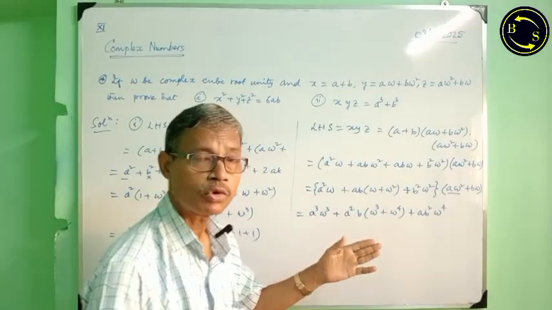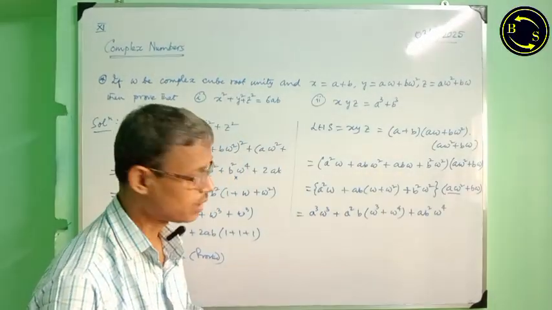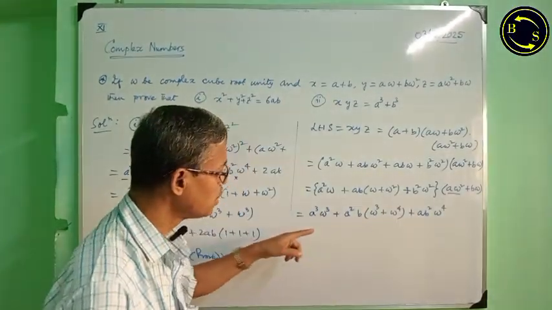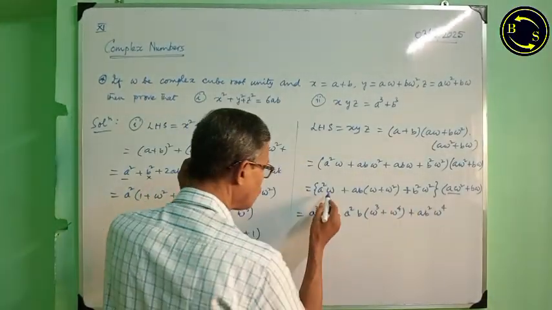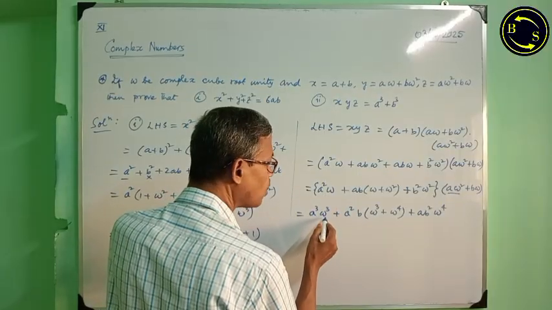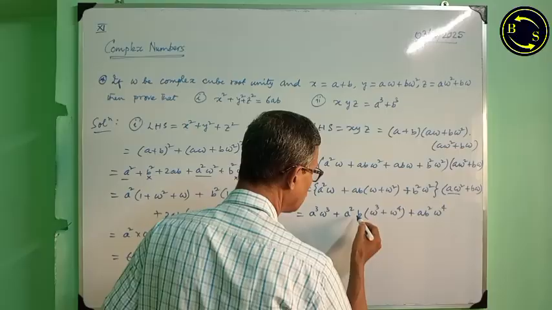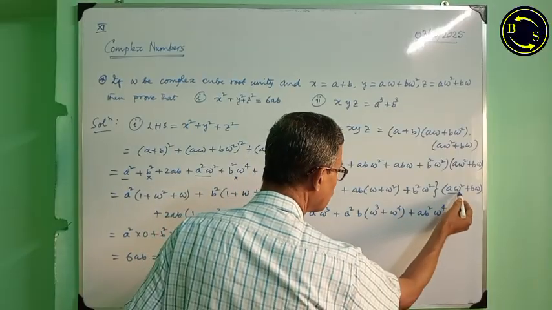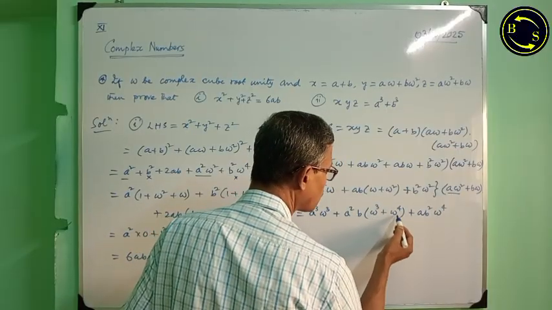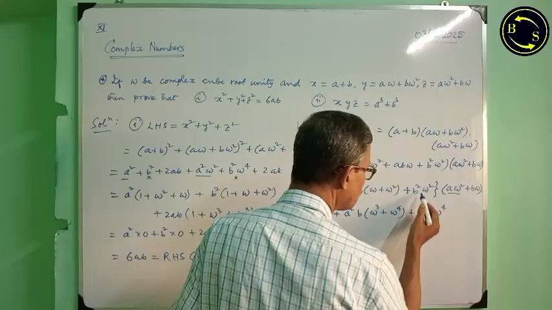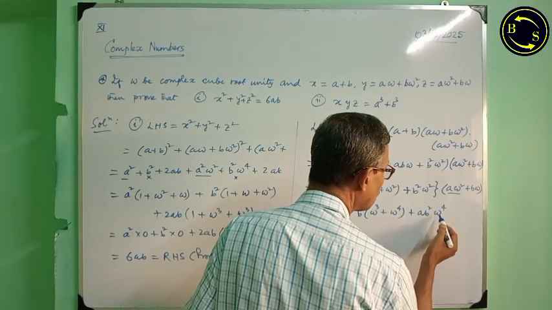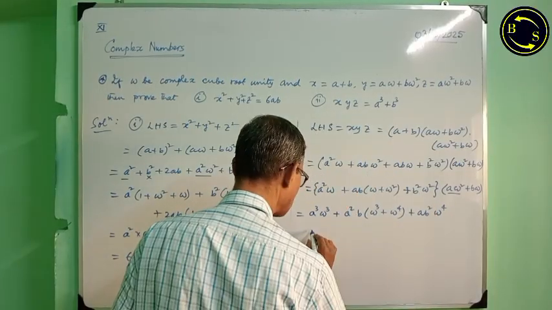After taking the product, you first check whether you have written correctly. A omega square into this omega cube, a cube omega cube, then a square b within brackets omega cube plus omega to the power 4, then ab square omega to the power 4 plus